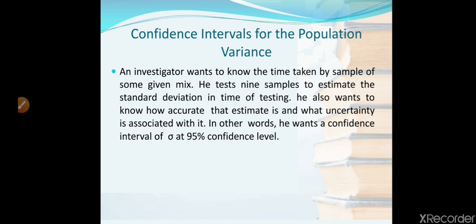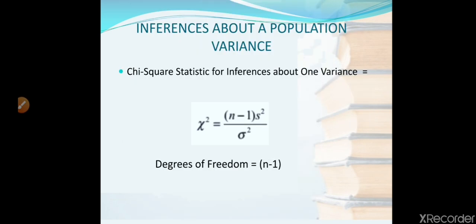In this case, if we have to just find out a point estimate of sigma, then we can use the chi-square for given degrees of freedom depending upon the sample size. N is the sample size. So from here, sigma square, that is the estimate for the population variance, is equal to n minus 1 times the variance of the sample divided by chi-square. So this sigma will be the point estimate from the variance of the sample.